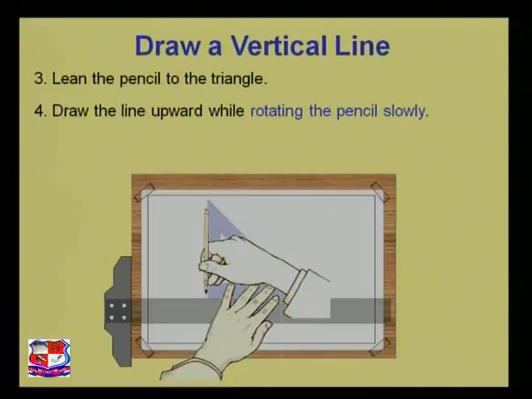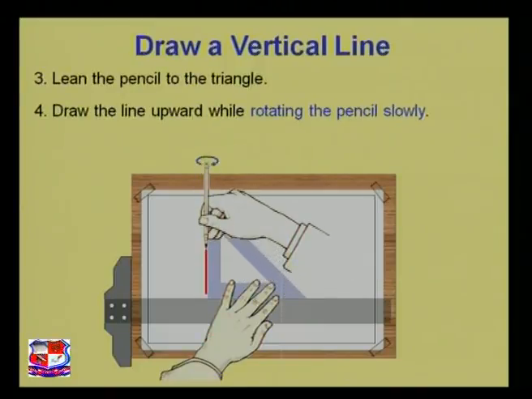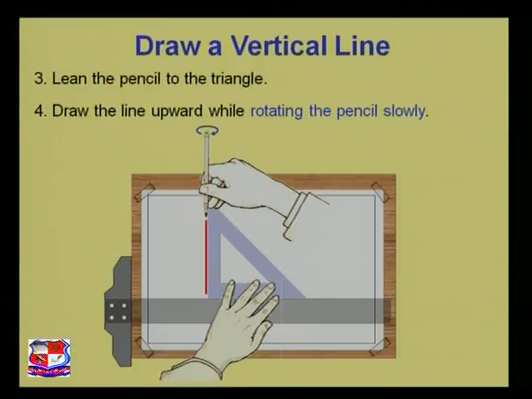See again. Rotate the pencil and draw a vertical line like this. What instruments have we used to draw a vertical line? We have used the T-square, set square, pencil and our mind. Also we have used the animation of the Cognifront software to draw this wonderful and amazing concept clearance. Now, we have learned how to draw horizontal and vertical lines using the T-square and the set square. Now what we are going to do next,